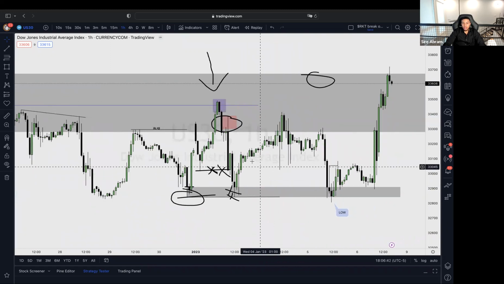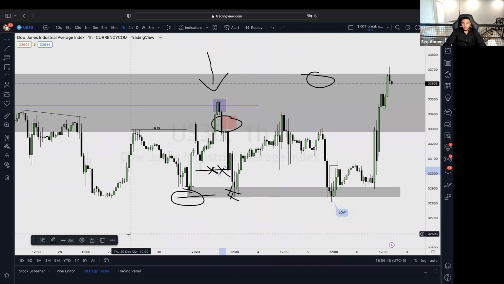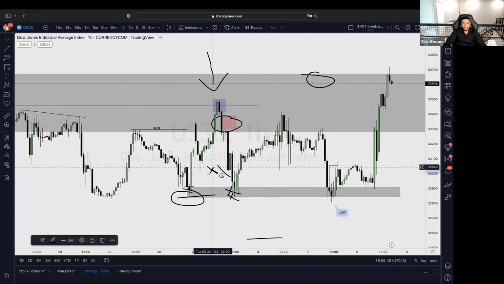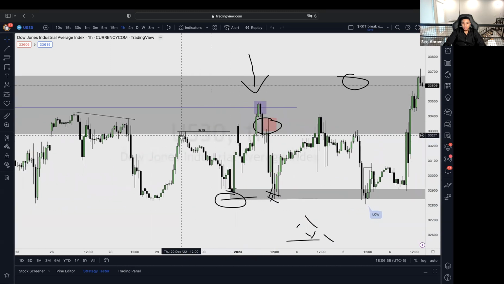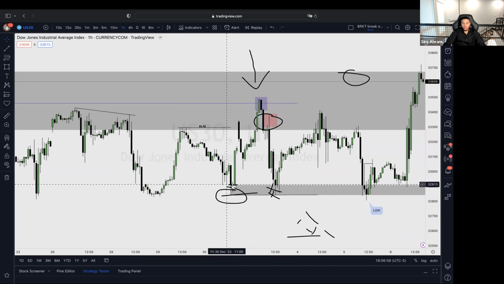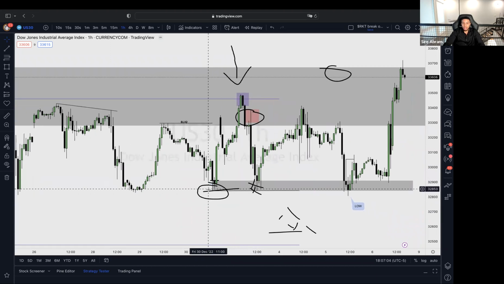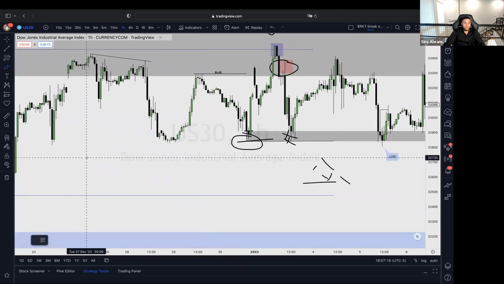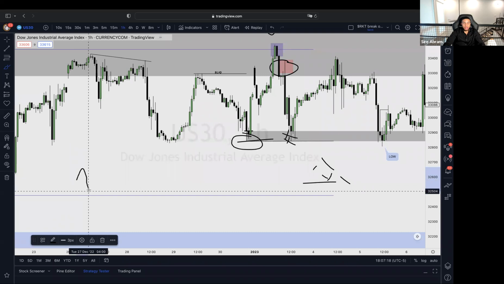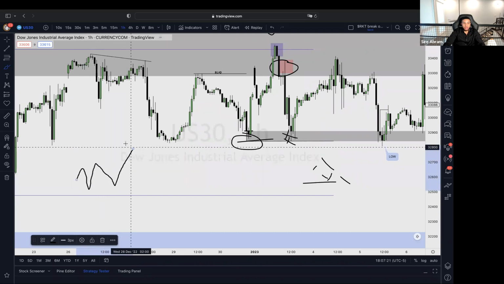So what we have to ask ourselves, well, where should we look to target? So if we're looking at finding price targets on this, what we need to do is we need to look for areas that initiated this move. Okay, so right here, we have equal highs, liquidity. This gets taken out. This high gets ran through. Where does that happen? This low on a smaller time frame initiates the move to break this high. So this is the same thing we've seen before, right? And I'll draw this out again for you. We see high, low, break, retracement, move higher.